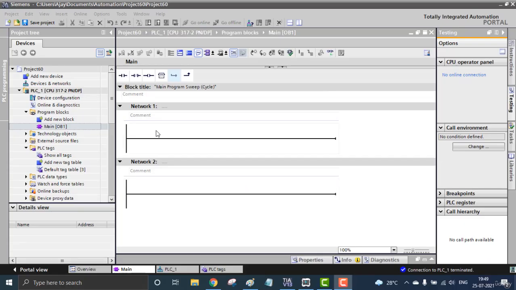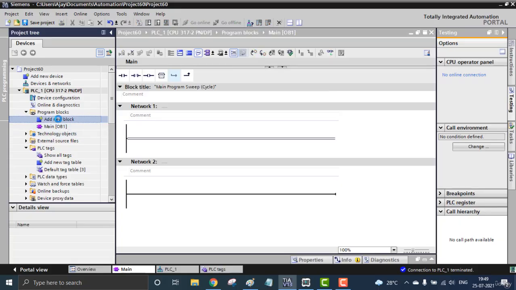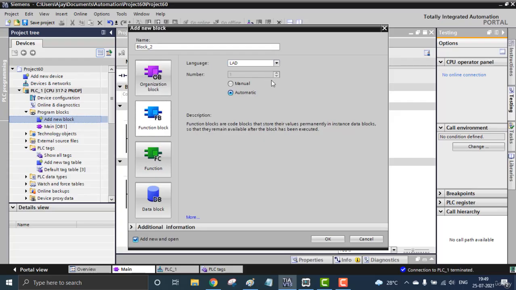In the previous video, we learned about user-defined function blocks, and we created a default starter user-defined function block with all Boolean inputs. Now we are going to create an integer function user-defined function block, an average block that finds the average of three numbers. So my task is to create an average user-defined function block with three inputs. I'm going to create one function block with ladder and click OK.